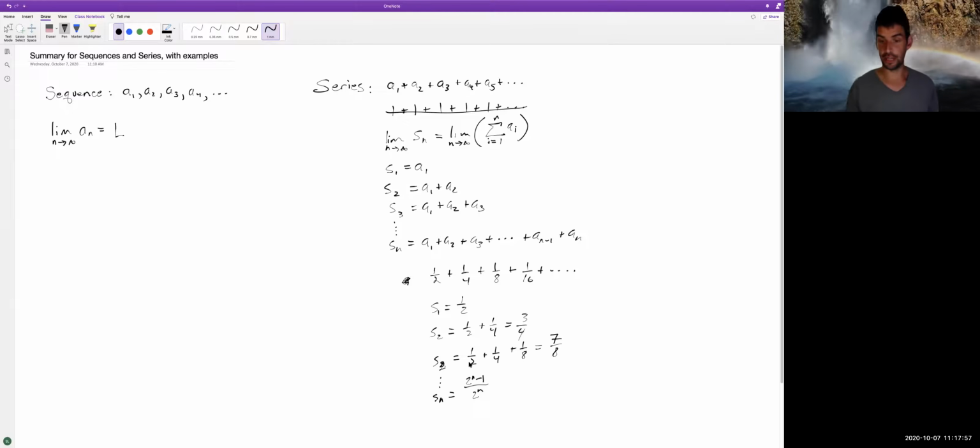Right? So 2 to the n, like we have 8 in the denominator, 4 here, 2 here, 2 to the 1, 2 squared, 2 cubed, and the numerator is just always 1 less than it, so this limit approaches 1. So we've created a new sequence from our series, the sequence of partial sums,